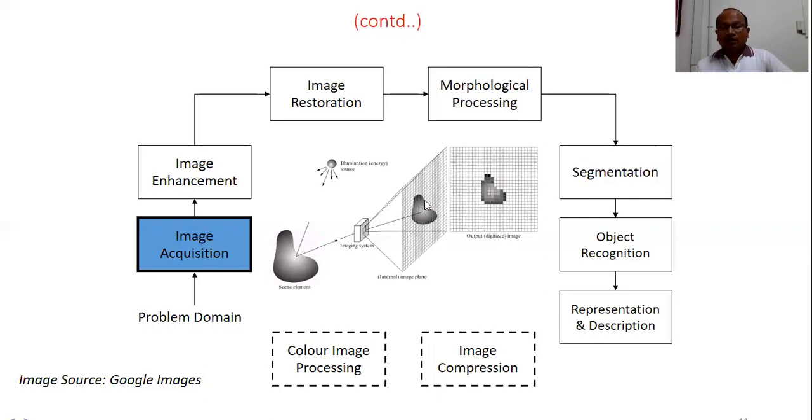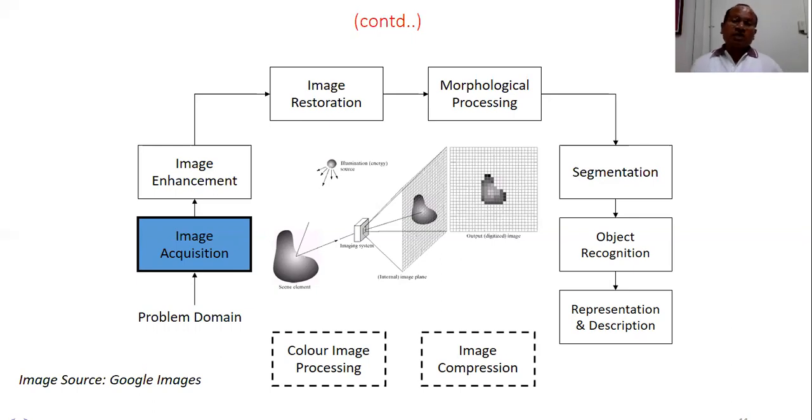That is sampling and quantization. When you sample the image after capturing through the sensor, it assigns the pixel coordinate values, that is their locations, and then grayscale values or intensity values are assigned by quantization. We quantize the signal and we get the grayscale values. So what is image acquisition? In image acquisition, we capture an image, we acquire an image, and that image is then subjected to other stages for different operations.